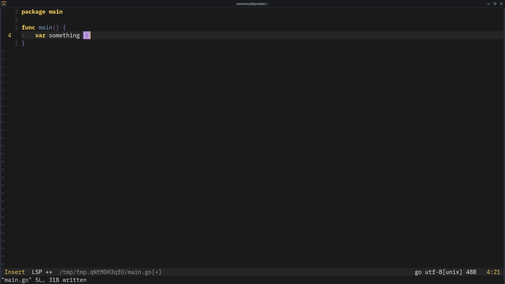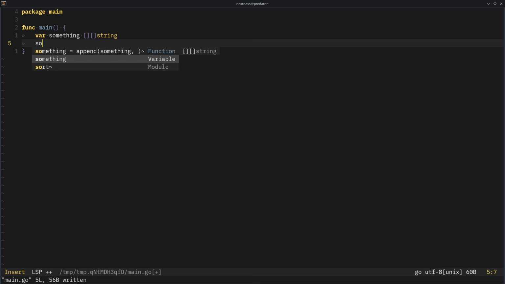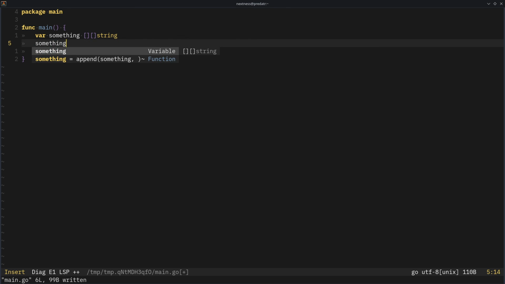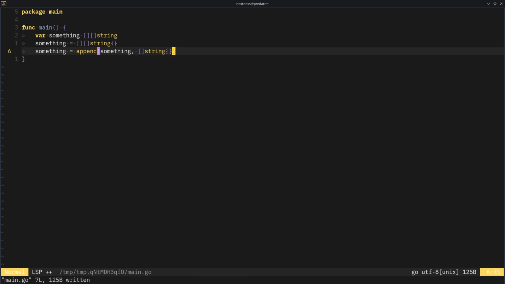It is basically a list of a string. Actually the first thing that I need to do is say that this is a list of a string, and then I am appending a new thing,